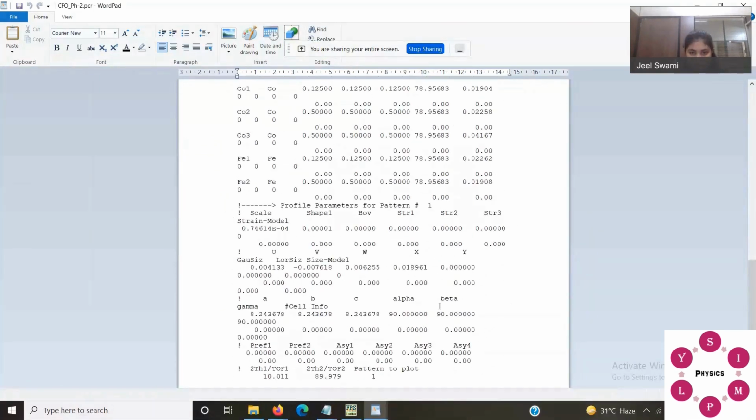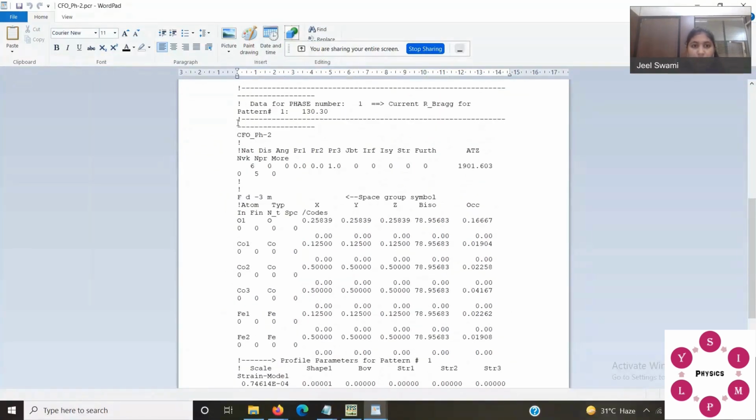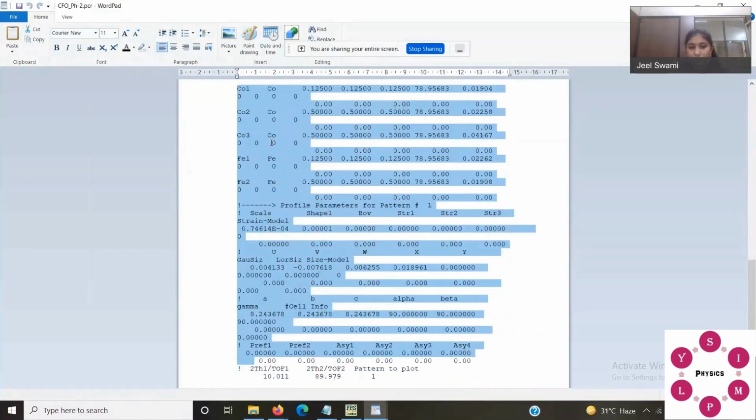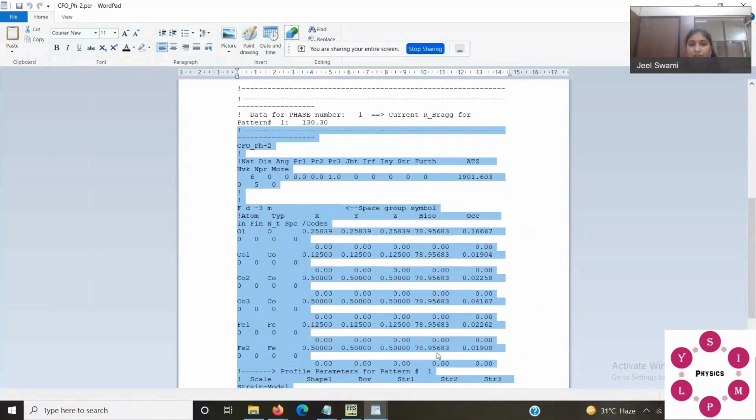Now this is a bit tricky. You have to copy it from here, where the CFO phase 2 line started, up to this value. Okay, the last 2 lines you don't have to copy. They're already there in the first PCR file.